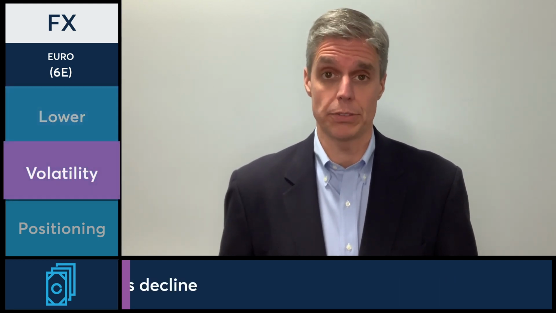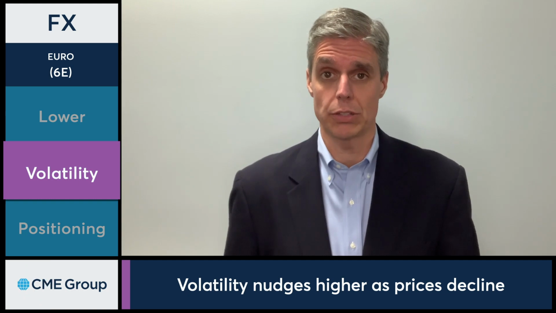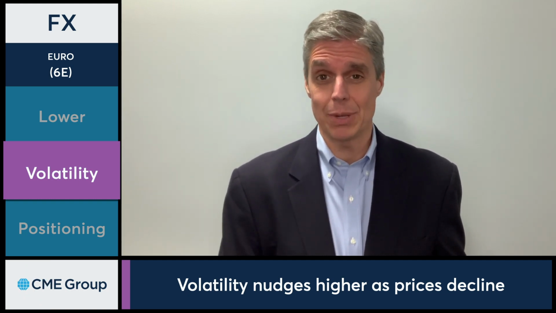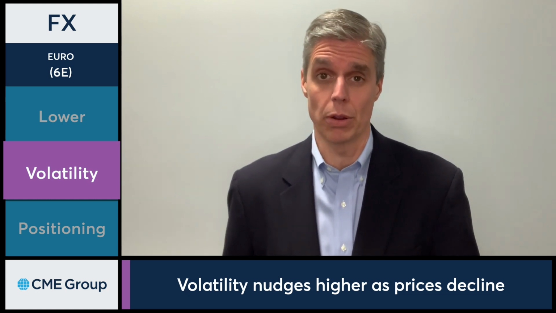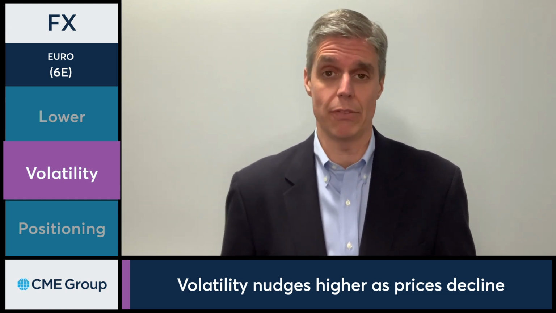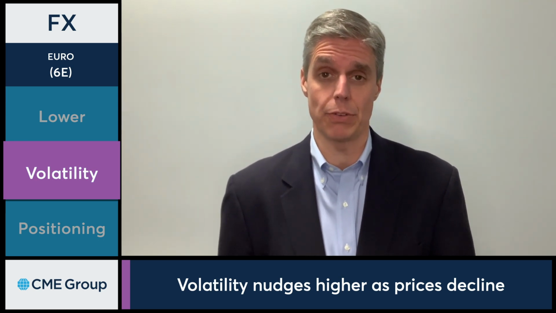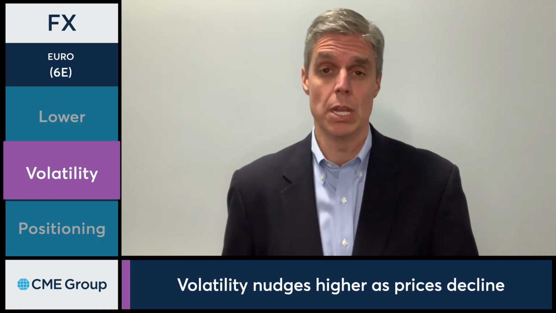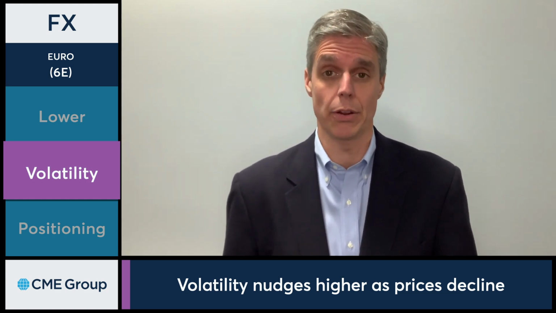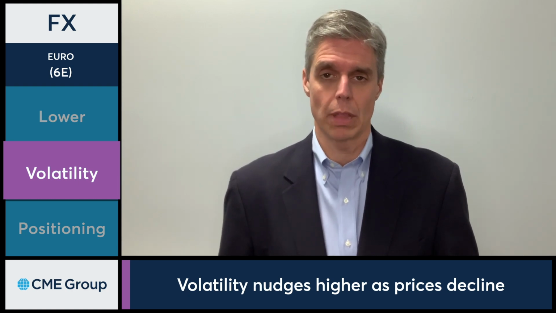Now, what does this mean for volatility? Well, if you check out the CVOL index over at cmegroup.com, you will notice that volatility has been moving sideways, even trending a little bit lower as of late. But as we move back towards those lows, back below 105, we saw volatility moving higher ever so slightly today. It'll be interesting to see if that continues tomorrow, if we continue to push lower. So it becomes very directional. As prices move lower, we see volatility move higher. That has been the trend over the last few months.